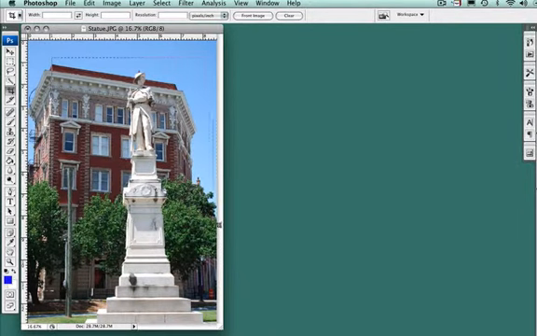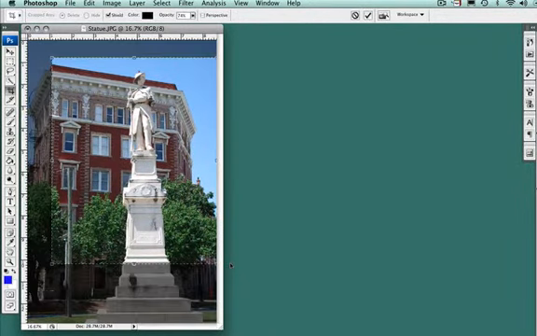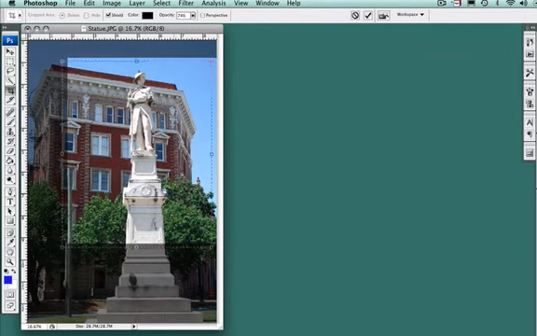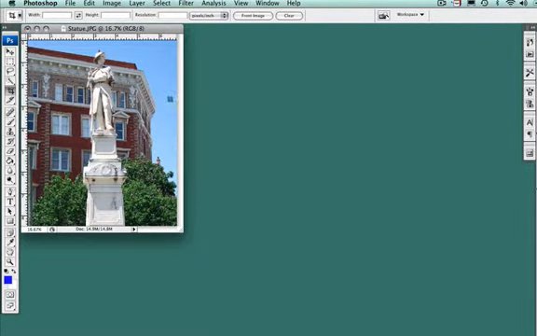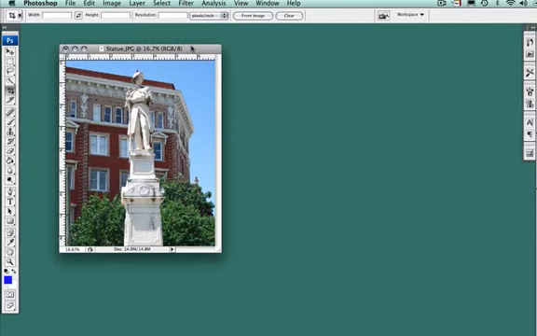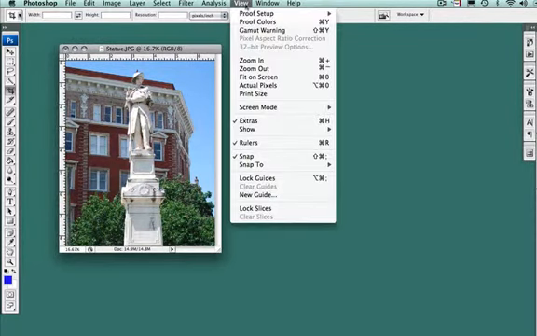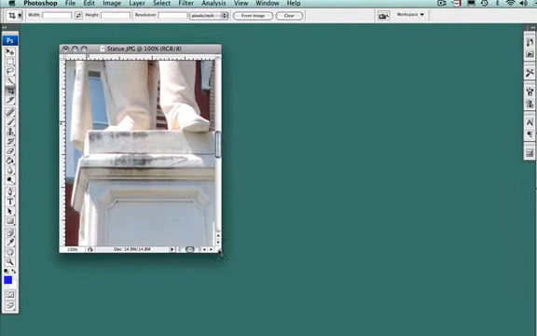I'm now going to select an area, and I don't have to refine this selection because I have some handles here, and I can move those in a little bit, and then I can move the crop area around. Once I find the area that I want to crop, I will then double click, and that will crop the image. I can now look at the image in the actual pixels, and I'll notice that this is a very